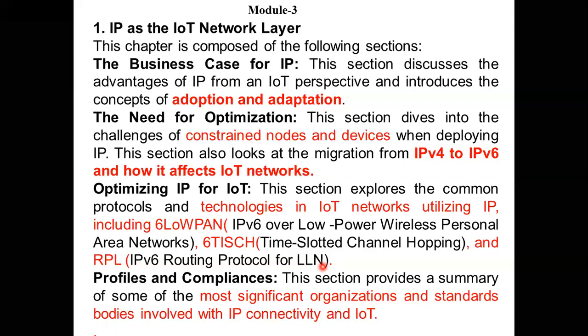Why? Low power means low battery power devices. It is lossy. Lossy means the edge or connection between two IoT devices is unstable, because it can easily be hacked, because it is an unstable network. Any device can be connected anytime, and it has low processing power. Security concerns are there. That is why it is called a low power and lossy network.